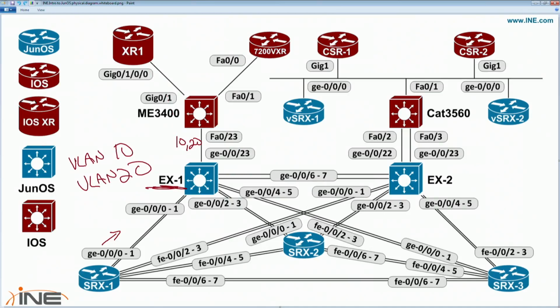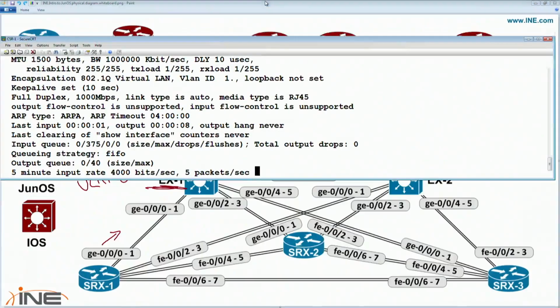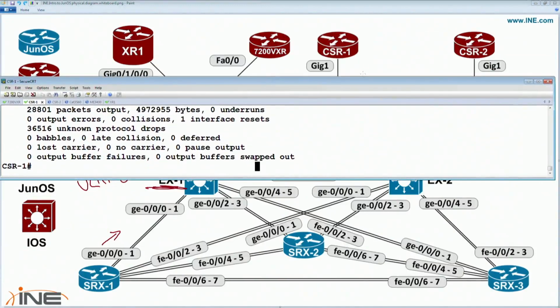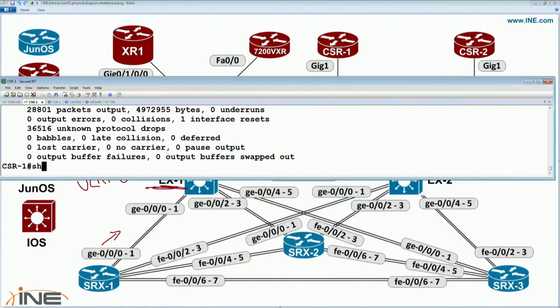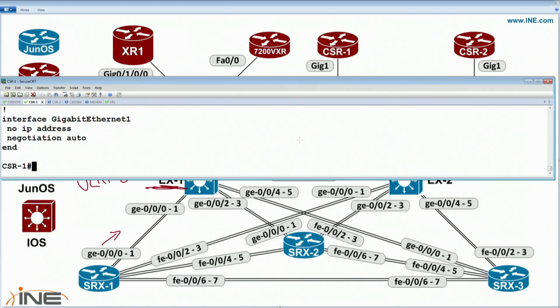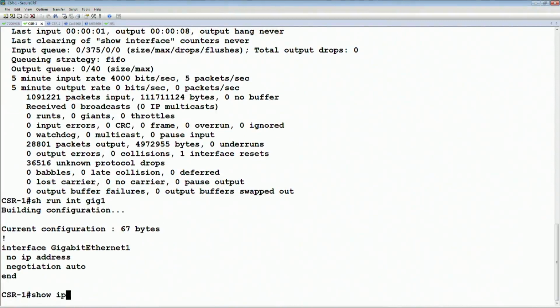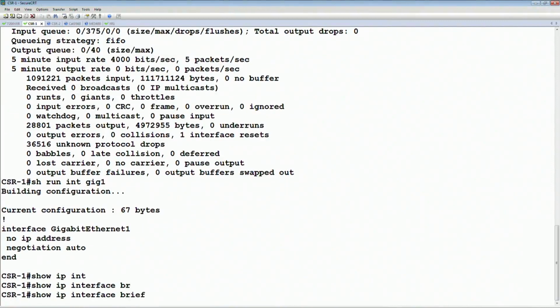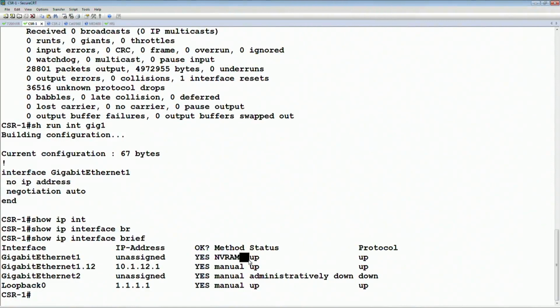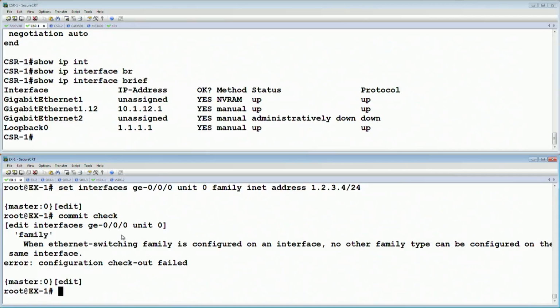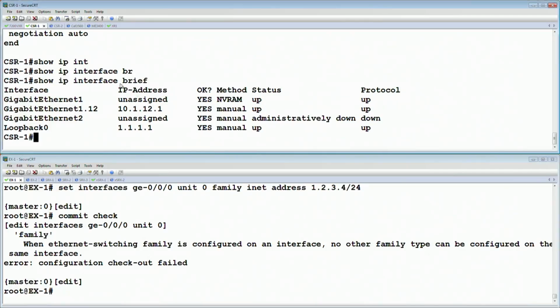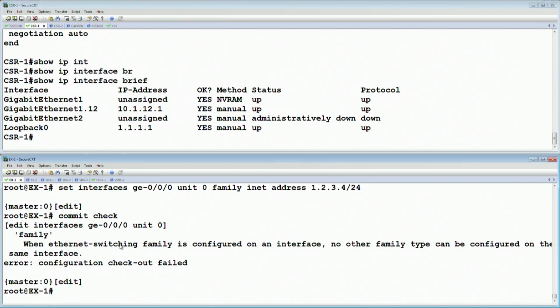Now, from the IOS configuration point of view, if we look at, for example, CSR1, let's say that we're going to do our VLAN subconfiguration on this box. First we need to make sure that we have our main interface up. So if we look at the show ip interface brief, in the case of IOS, we can see the link is up and up. Again, the equivalent of this in JunOS, and actually let's look at these side by side here. So we have IOS on the top and JunOS on the bottom. This is going to be the equivalent of